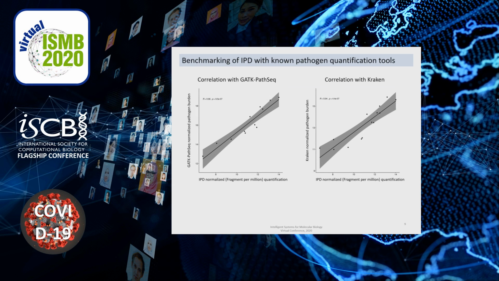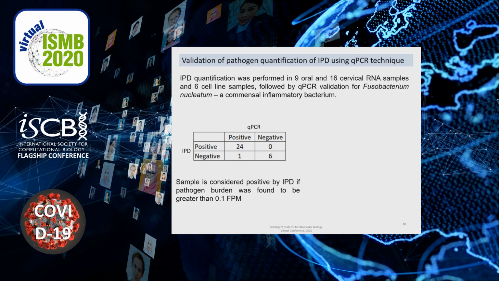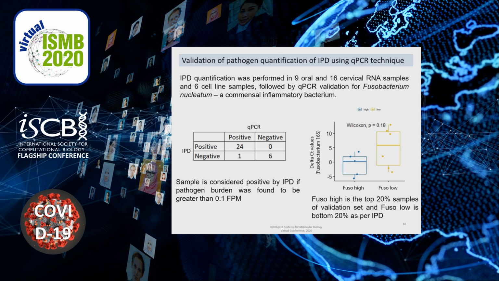So benchmarking our tool for quantification, we see a correlation with GATK PathSeek and Kraken with 0.96 and 0.94 R value respectively. And this has been performed on the in-house oral transcriptome samples. We validated the quantification by our tool for Fusobacterium nucleatum, which is a commensal inflammatory bacterium, using qPCR. And we find a lot of concordance between qPCR and our tool, as well as quantitatively it shows a distinct pattern with respect to